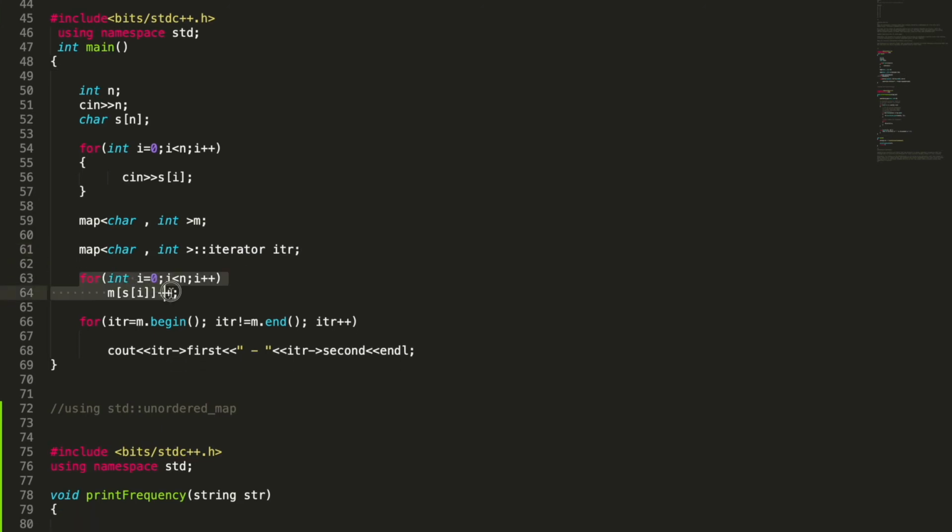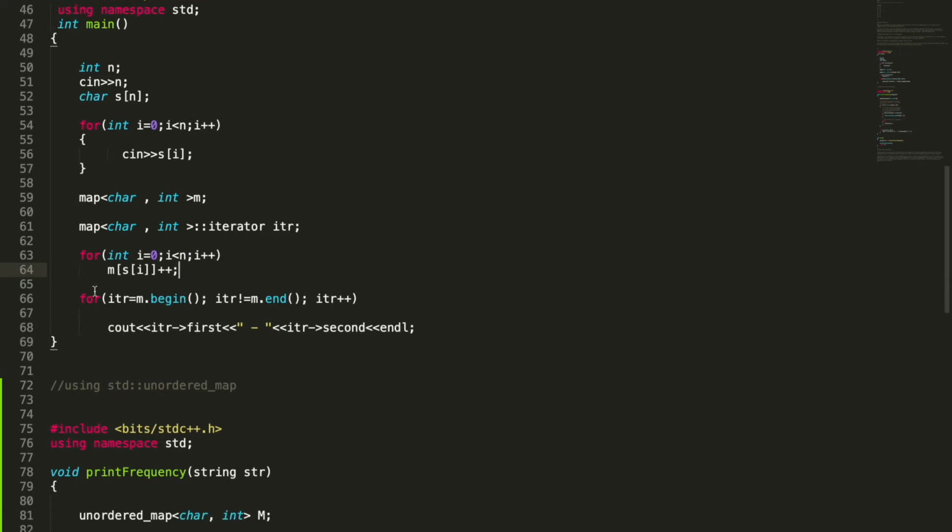After that, we have taken a loop. What is happening here is that if a character already exists with some frequency, this is going to increment that frequency, or else if that character doesn't exist, we are going to insert that character with a frequency of 1 in the map. After that, we have printed all the characters along with their frequency using this loop.